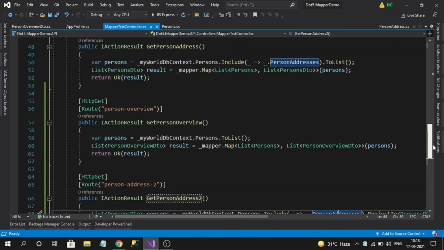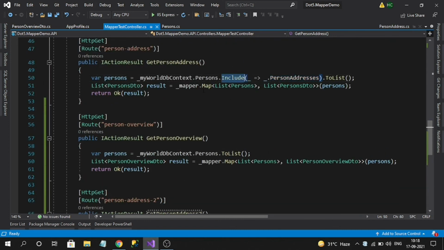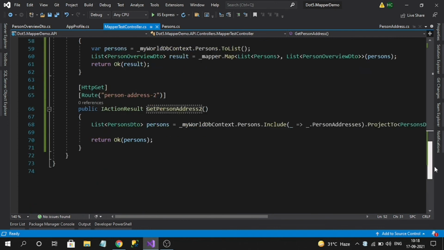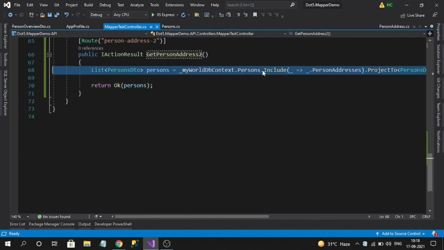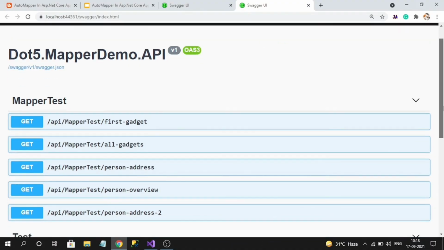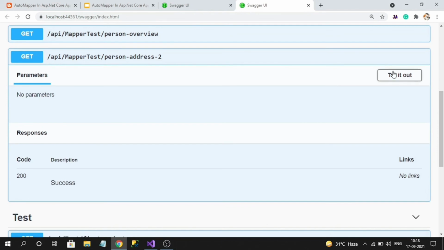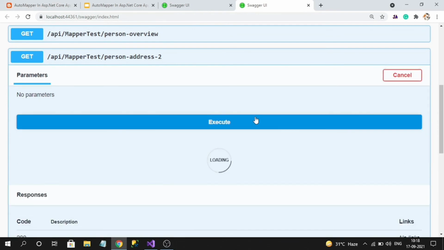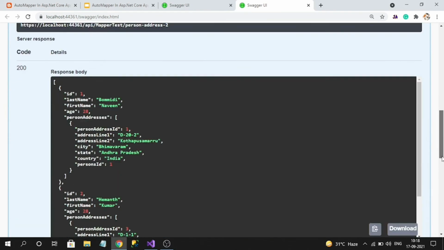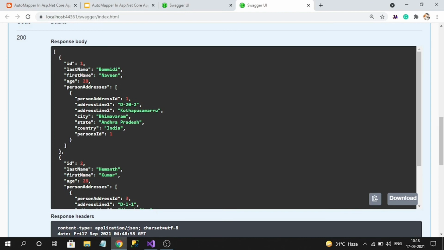See, these 2 lines of code are made into a single line of code by directly applying to iQueryable. So here is my new endpoint. If I run, I have to get the results without any issue. See, I'm perfectly getting my person and person address data.